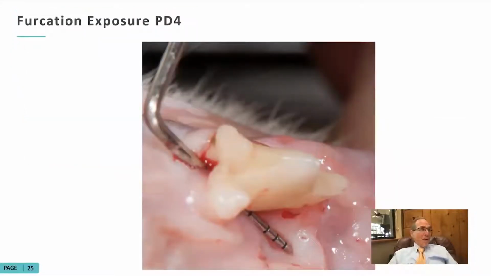Stage 4 periodontal disease also is typified by furcation exposure, where you have the multi-rooted tooth. You could put a probe through and through, so it goes in one side and comes out the other. This is called furcation exposure. And again, this is where food is going to build, and this tooth must come out because you just can't keep it clean in that area.